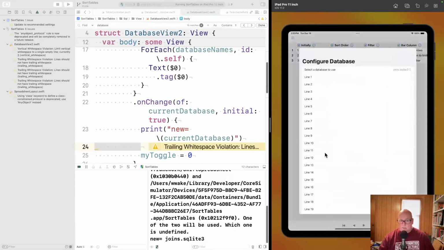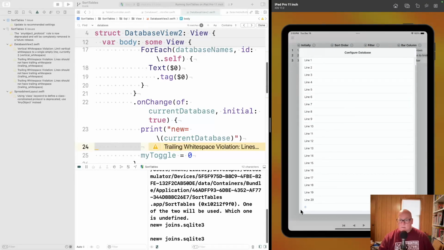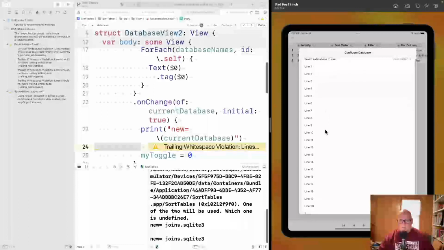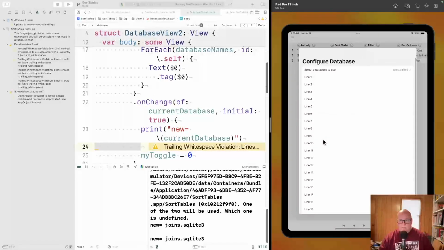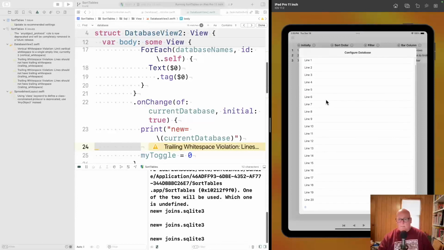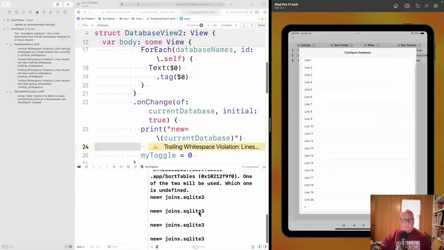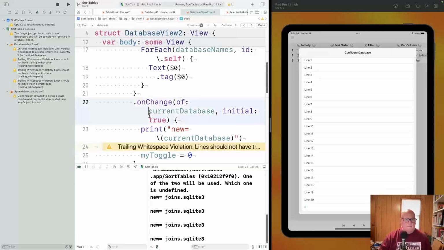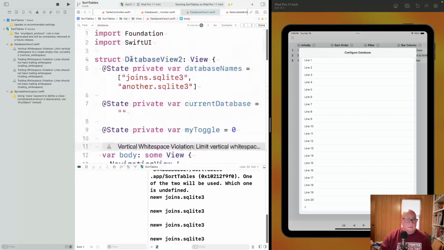Okay, hopefully we'll still see the problem. Okay, the new is joins.sqlite3. Toggle a couple times. And there it goes. Okay. Well, I think